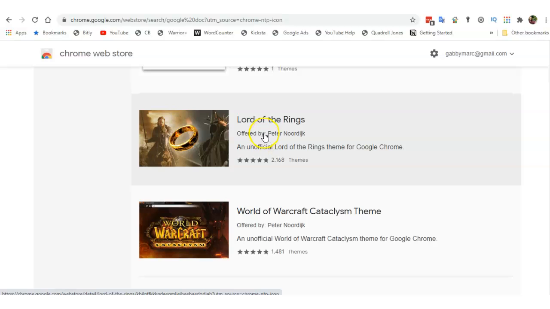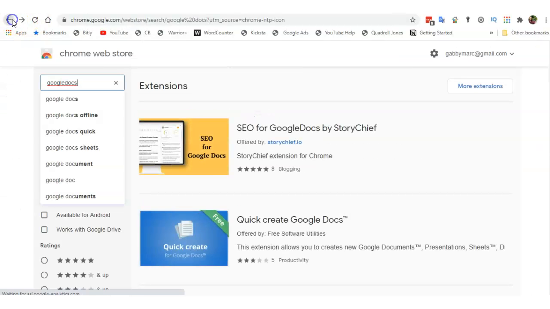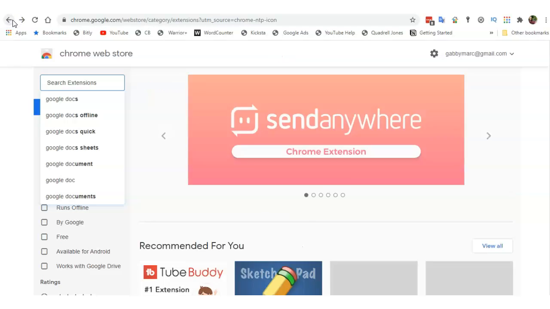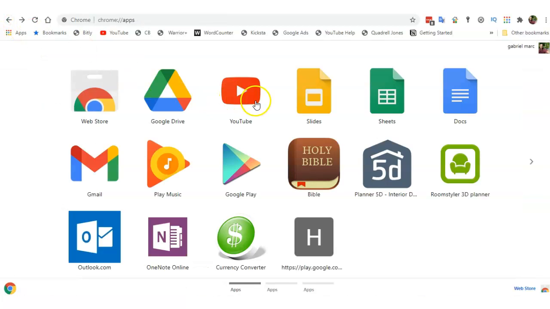All right, so when you click on the app, it will ask you to install it on your Chrome browser. And once it has been installed, okay, let's go back here. Let me show you where you will find it. Just let me go a few things up. Right. Oh, okay. So here,